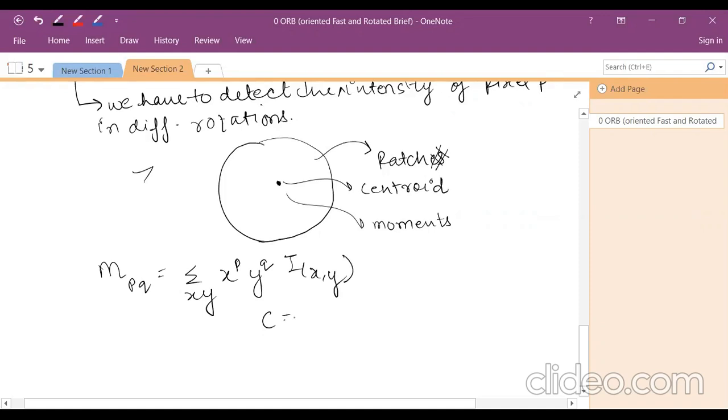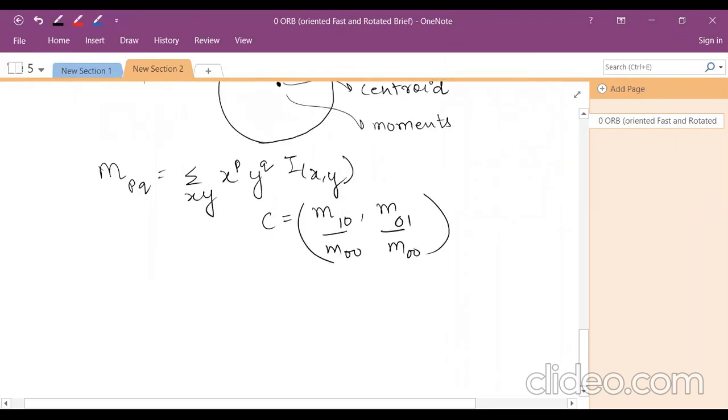And the centroid will be calculated with respect to the moments. Now what is the value of theta then? My moments are coming out, the centroid value is coming. Then what is the value of the angle? The angle will be tan inverse of M01 and M10. That is the formula.